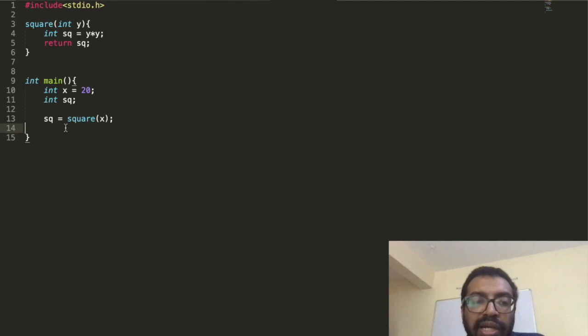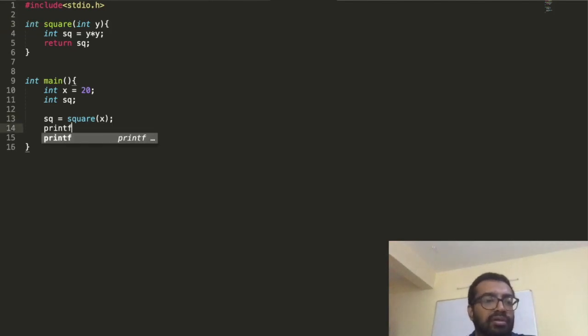Now, to tell that it's going to return an integer, we have to tell what type of data the square function returns. In this case, we know the square function returns an integer, so I have to tell that it's int square. So the square function returns an int, that is why it's int square. So now I have an int here, and now I can print